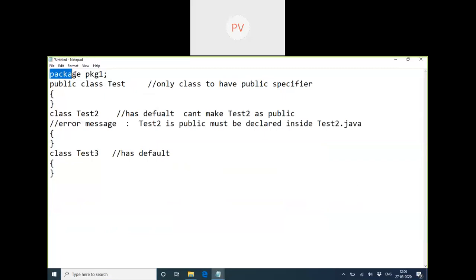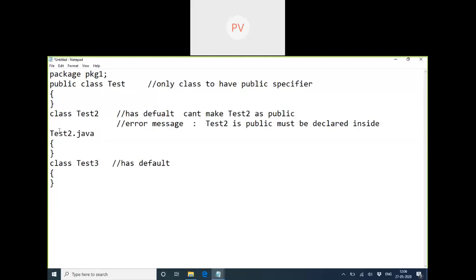I've just written the keyword package followed by the package name, public class test, then default class test2, and default class test3.